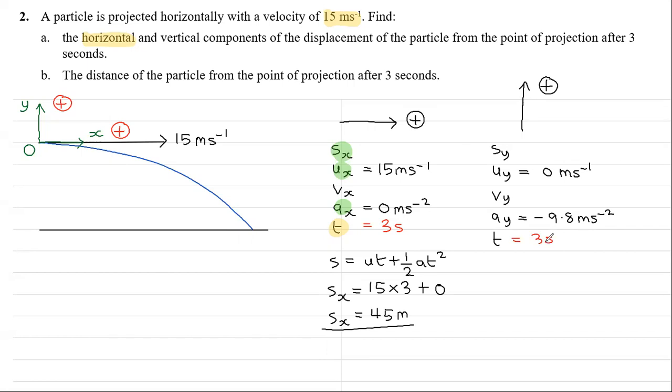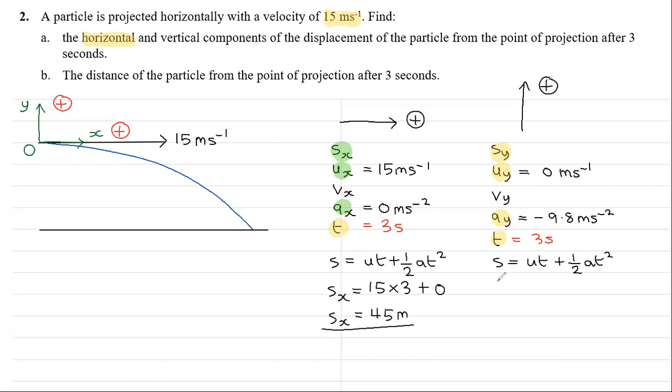So again, we can use the same equation and find the vertical component now of the displacement, because that's what we want. And we've got these components here. So it's exactly the same, and we're going to plug those into our SUVAT equation. So S is going to equal UT plus 1/2